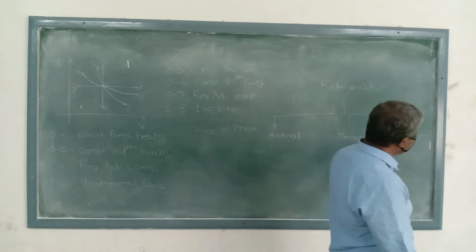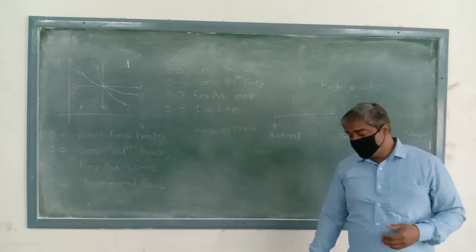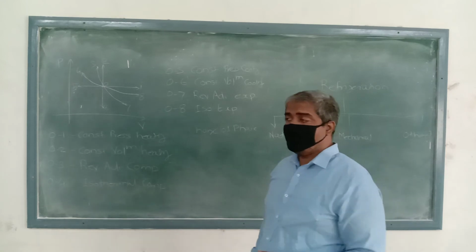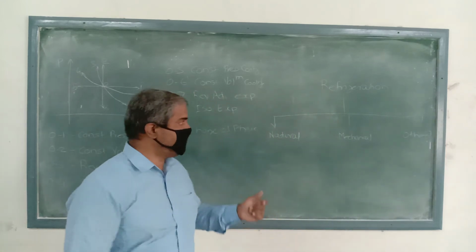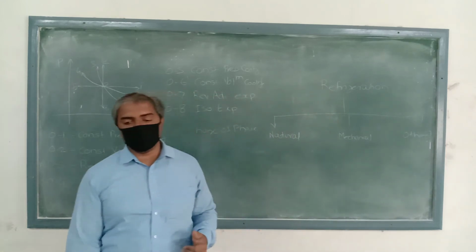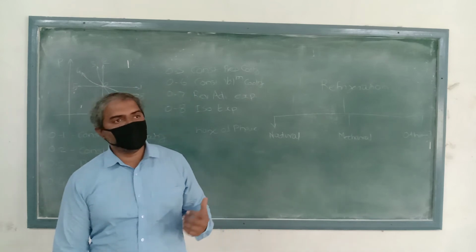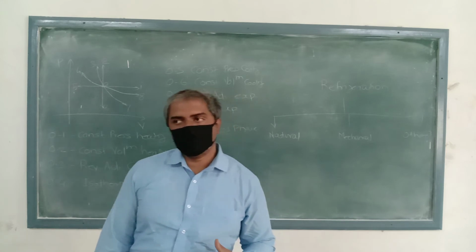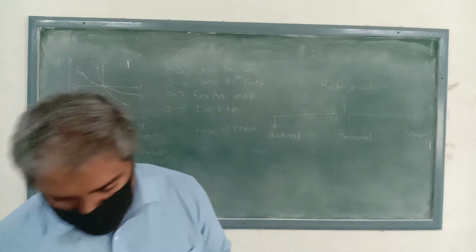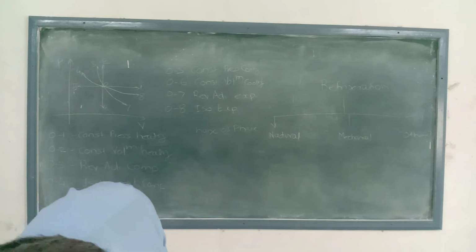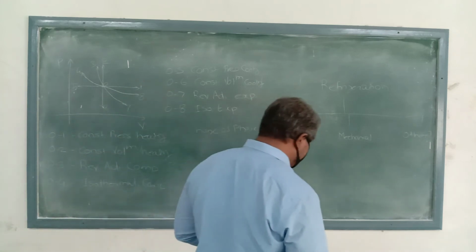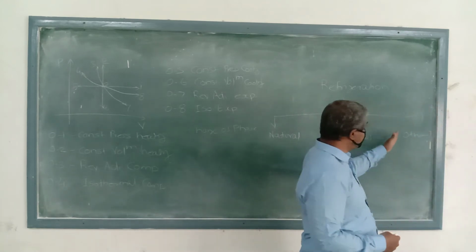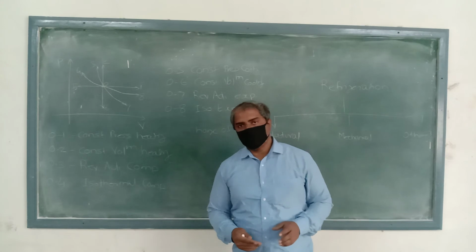And next is the others. Others means those which are not included in the natural and the mechanical. That cooling effect we are considering as other cooling effect. So in this other cooling effect, you see the vortex cooling effect, or the cooling effect which is produced by magnetic refrigeration, thermoelectric refrigeration, or steam jet refrigeration. Those are included in this other refrigeration.